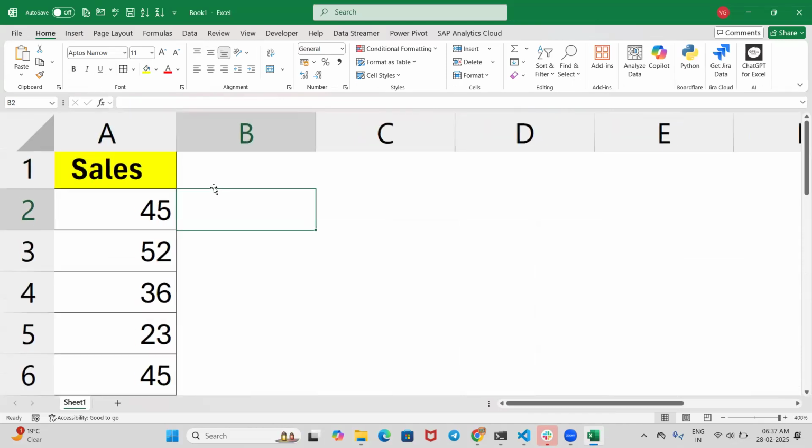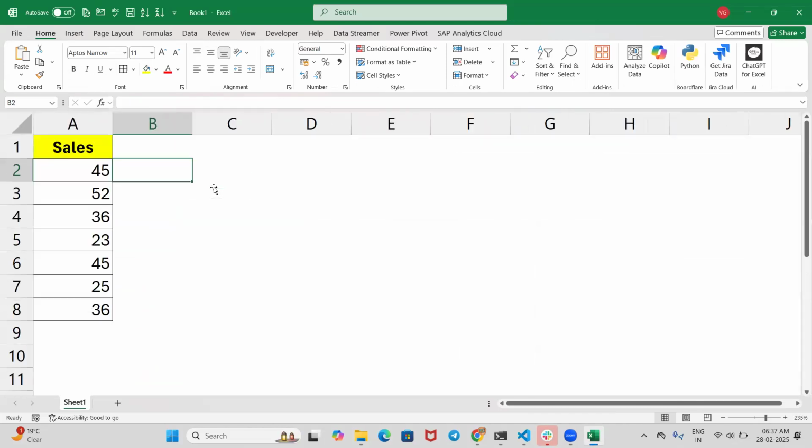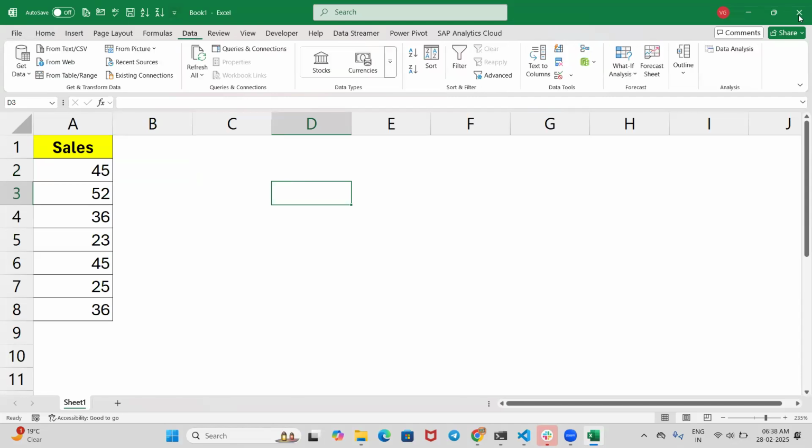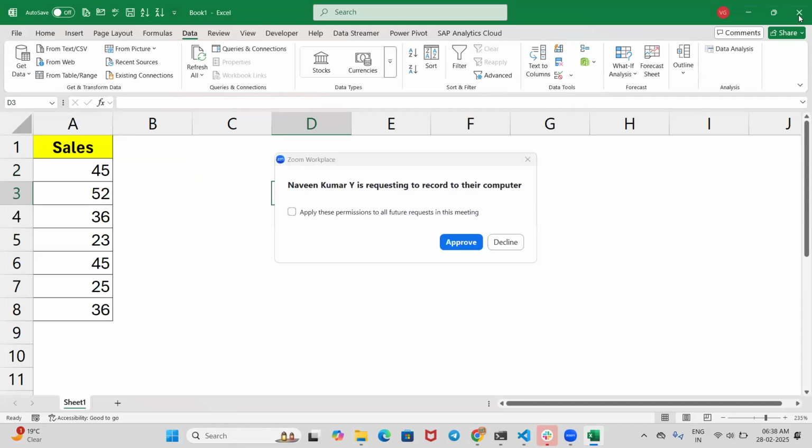Okay. Now I have written in column A sales as a column heading, and I have the values 45, 52, 36, 23, 45, 25, and 36 respectively. So now I have to calculate the descriptive statistics. How do we calculate it? So here in the data tab, okay, so there will be